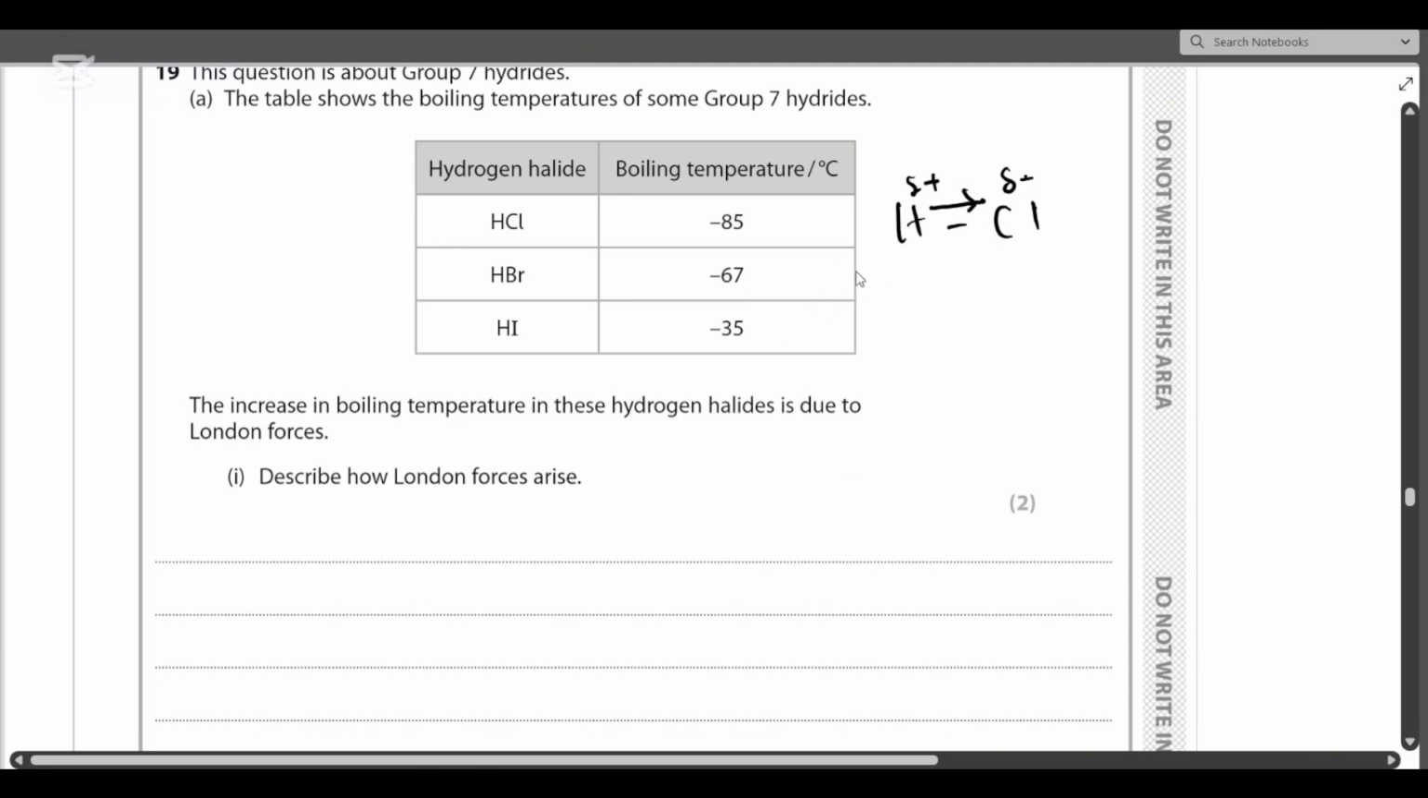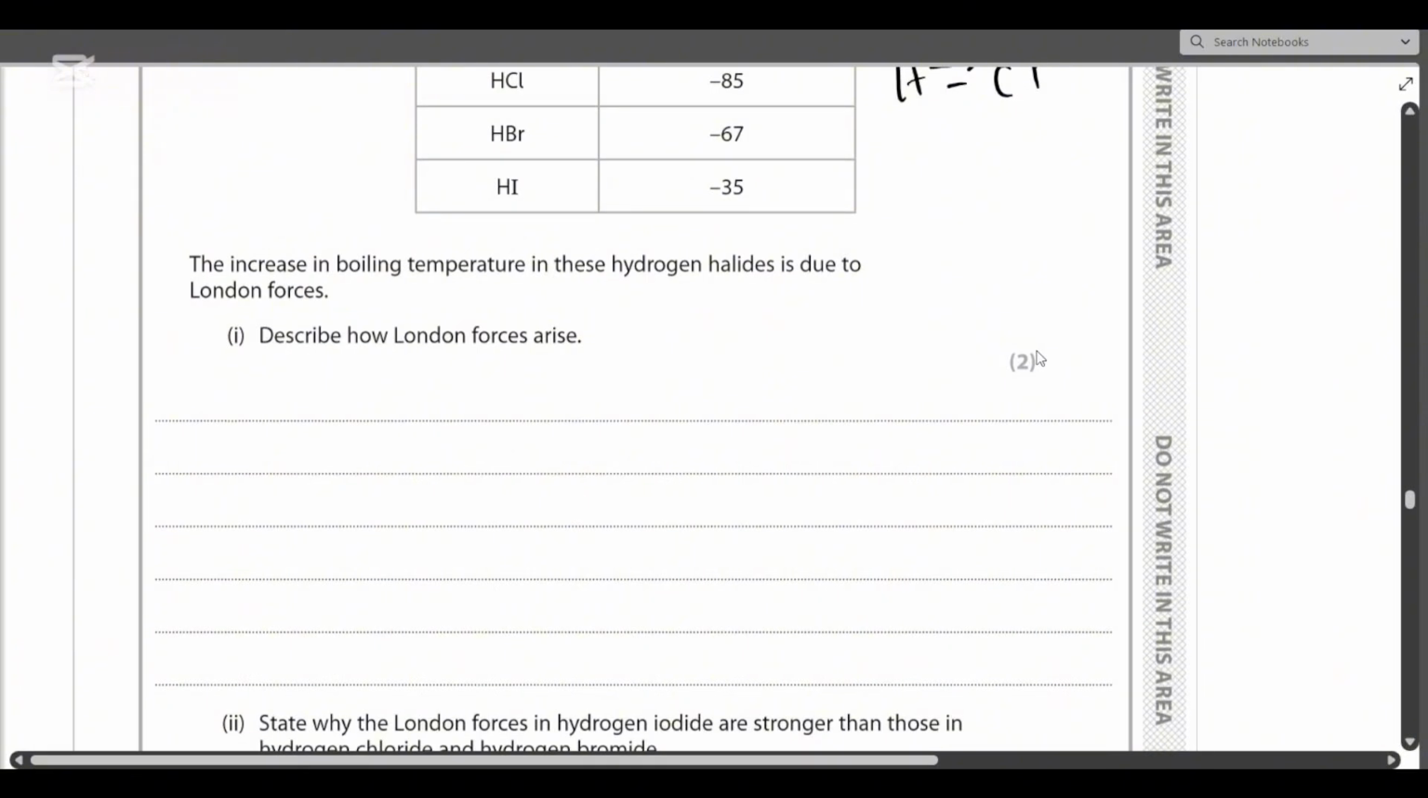So due to the asymmetrical distribution of the electrons, again this produces induced dipoles, and due to the production of induced dipoles, at the end the London forces arise. So we can write that